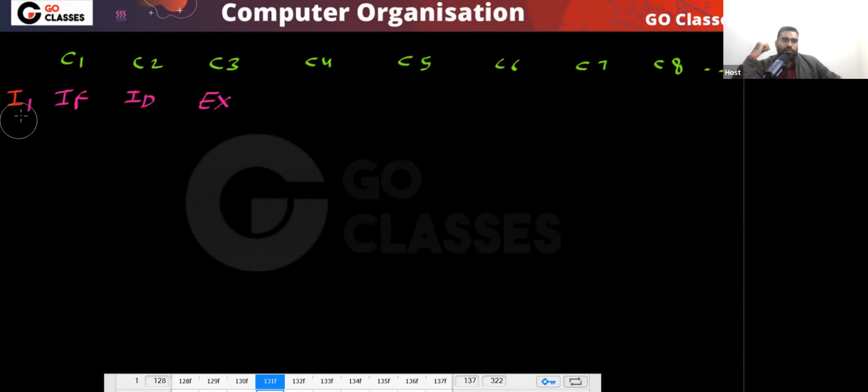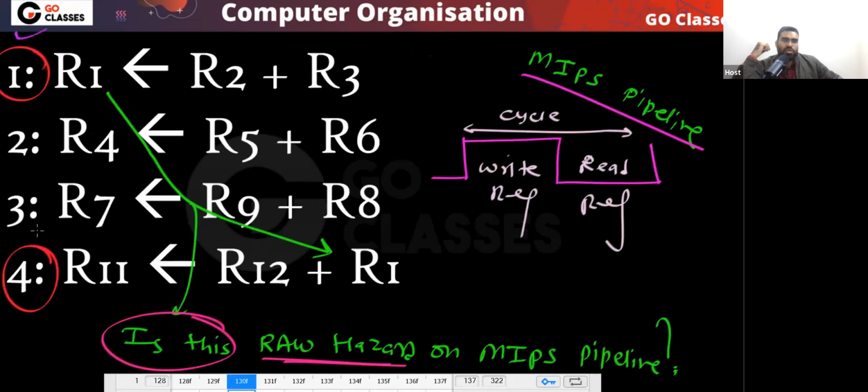If you only have to focus on these, let's only focus on this and this. Just focus on I1 and I4. You tell me when this will read R1, when this R4. Are you getting my point? Focus on this instruction I4. When I4 is in the decode stage, let me assume that here instruction I1 is in the decode stage. Then where is the